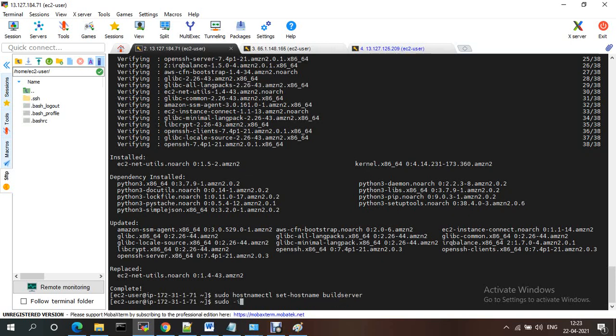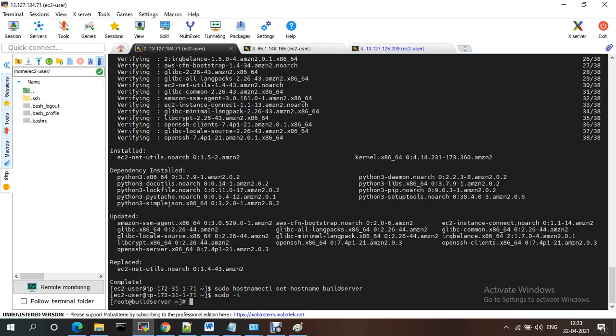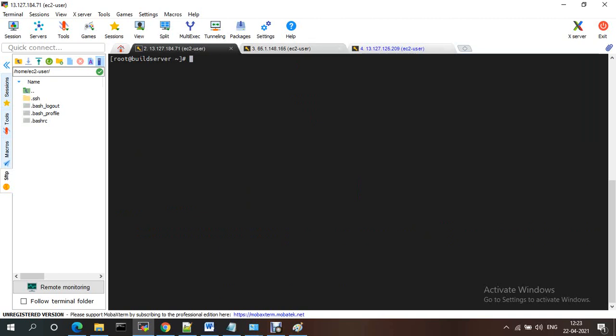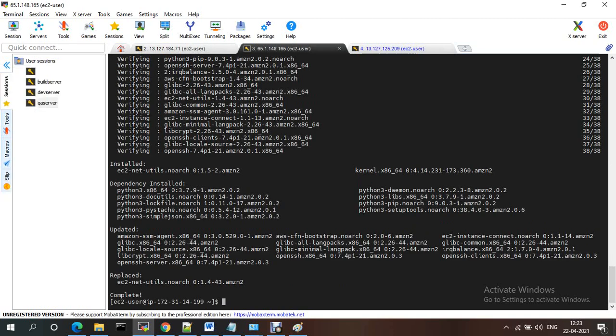If you change it to build server, then instead of the IP, the terminal will show build server. And here also, if you want to change the hostname of the terminal, hostnamectl set-hostname dev server.